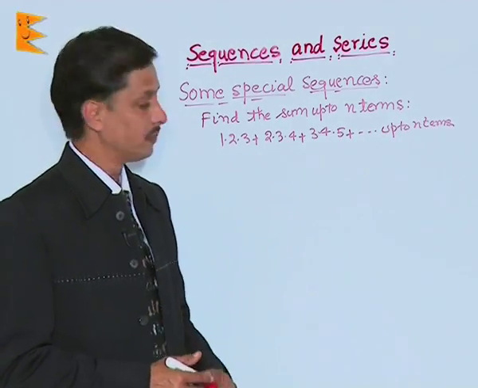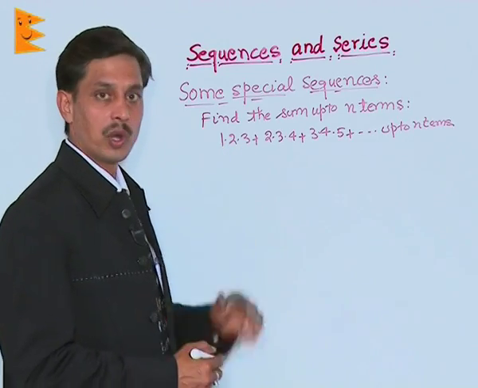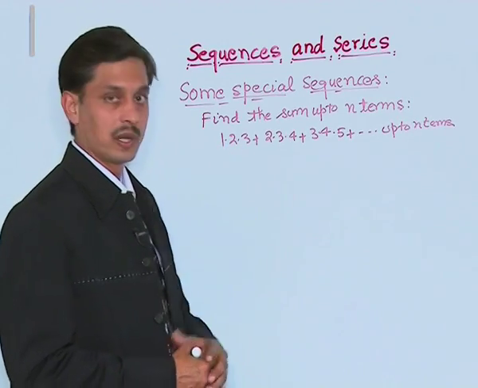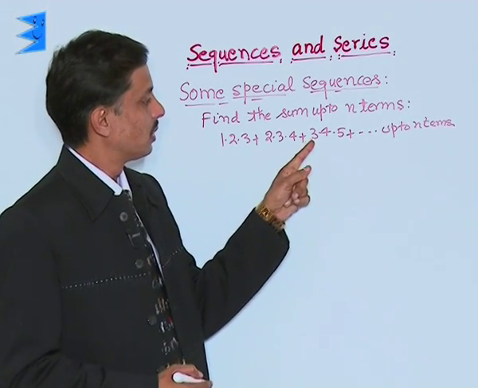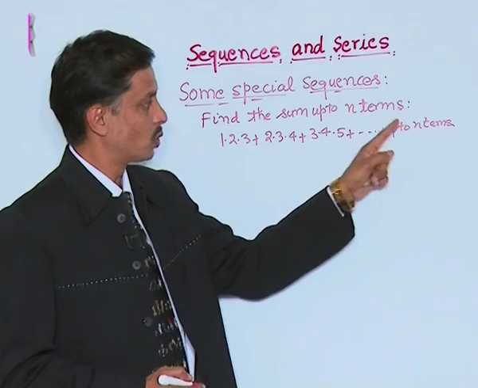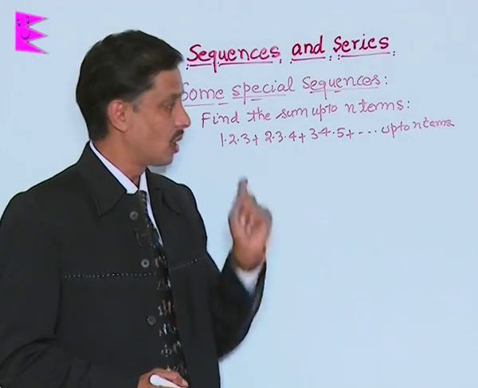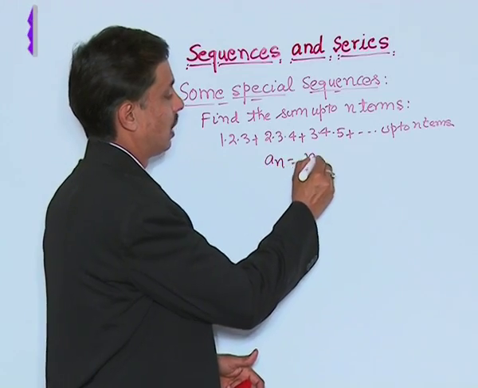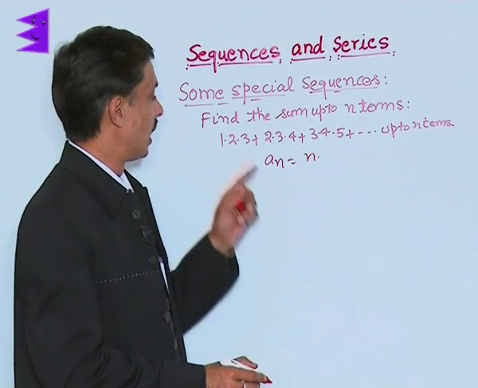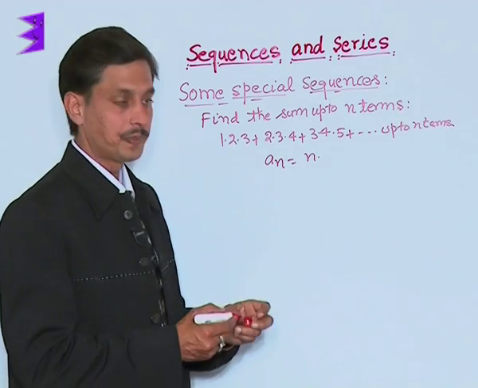You can observe the first component of first term is 1. First component of term 2 is 2. Third is 3. Fourth is 4. So, nth term's component will be n. So, I can say it is a_n equals n into, then it is 1 more than,